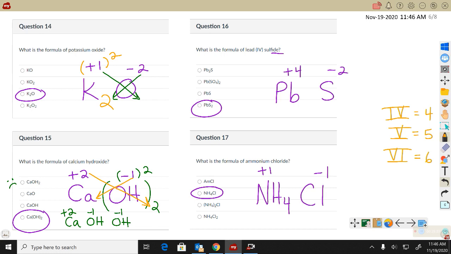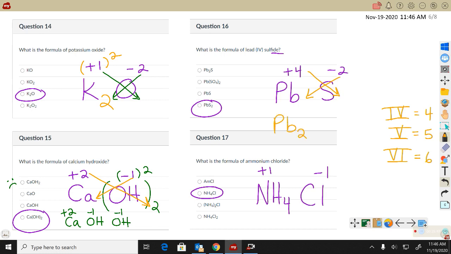Sulfide is just regular sulfur. I can find its charge on the periodic table. It's in the group with oxygen that's always -2. And the lead now is +4. Transition metals aren't a big deal when you're writing formulas because the Roman numeral is just telling you the charge. But if you are a crisscrosser, you just have to be a little bit careful